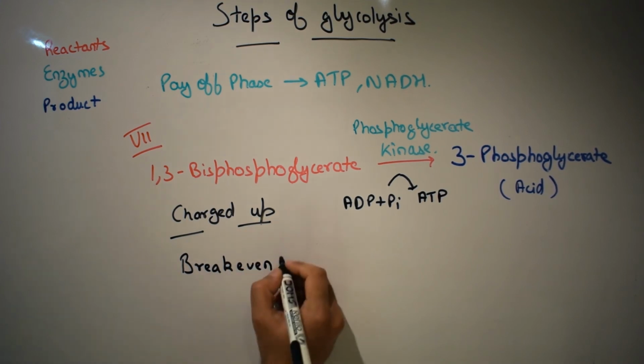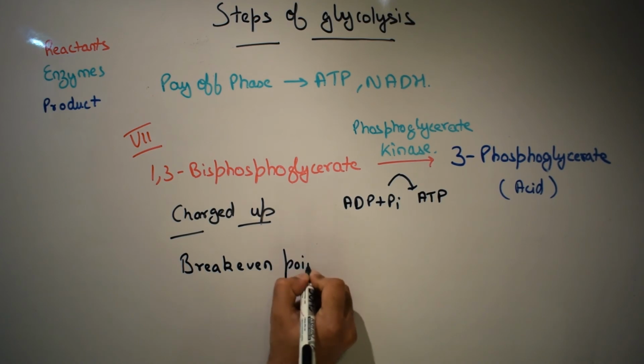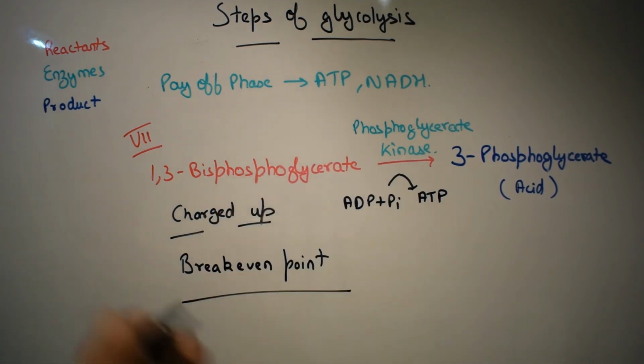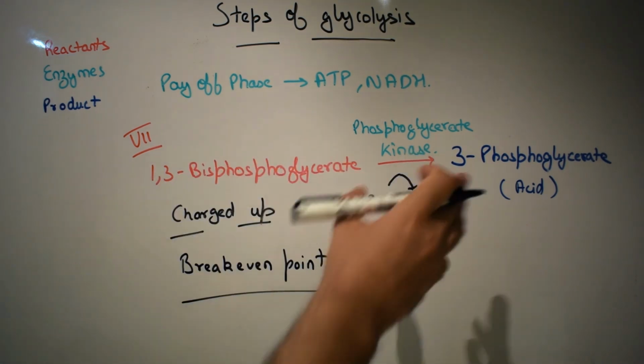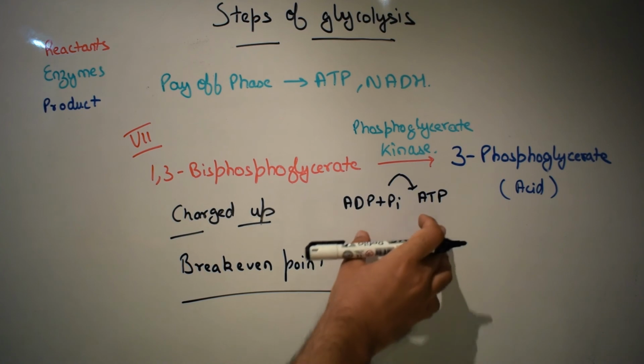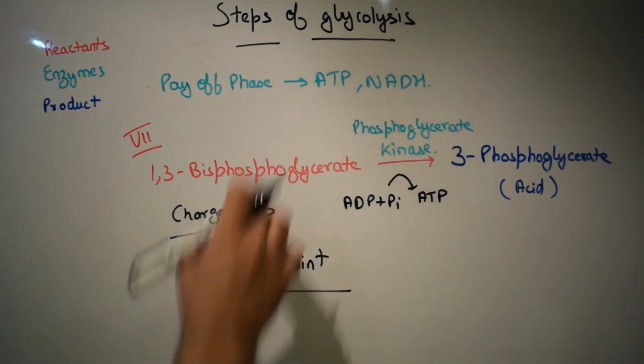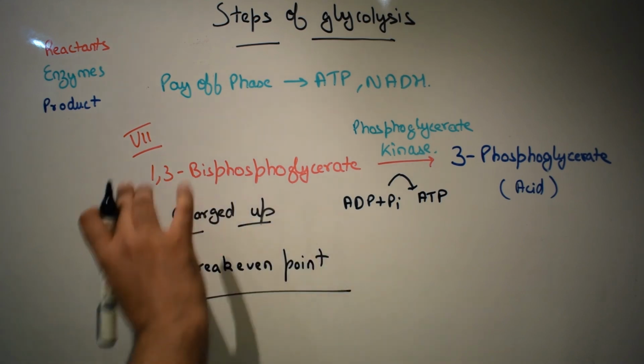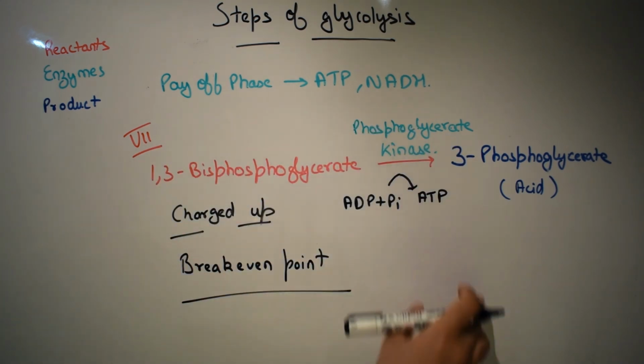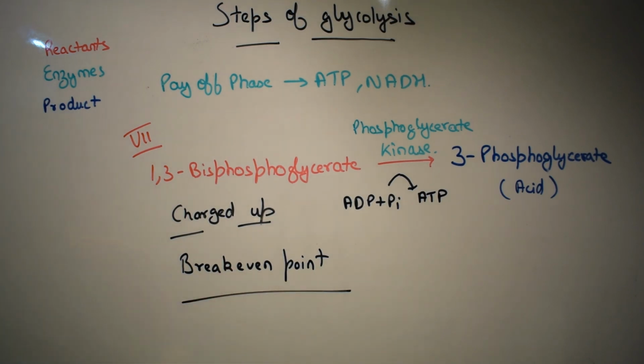Because 2 ATP molecules were used in the preparatory phase for the conversion of the C6 carbon into the 2 C3 products, and now ATP is produced because there are 2 glyceraldehyde 3-phosphate molecules. As I said, the cycle is repeating twice. Now 2 ATP molecules are produced in the 7th step, and that's why I am calling it a break-even point. Now the cycle is balanced with respect to the amount of ATP that was consumed in the preparatory phase, which has been given out in the payoff phase, the 7th step of the